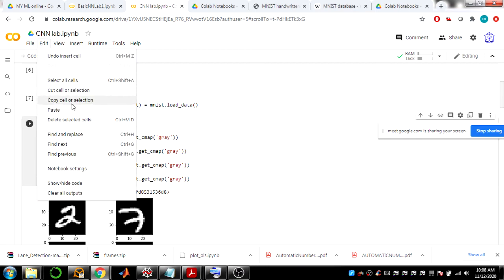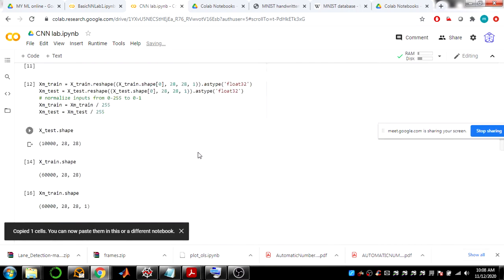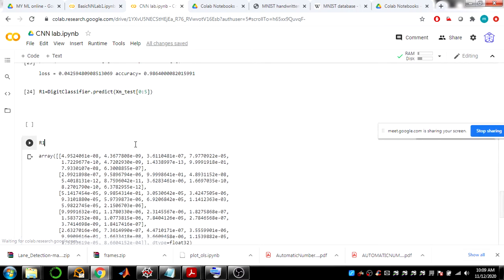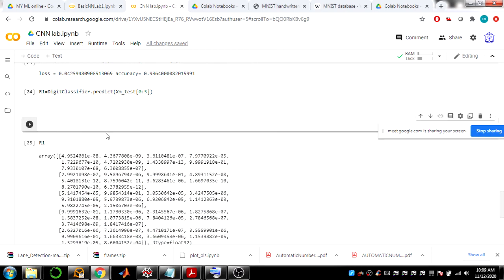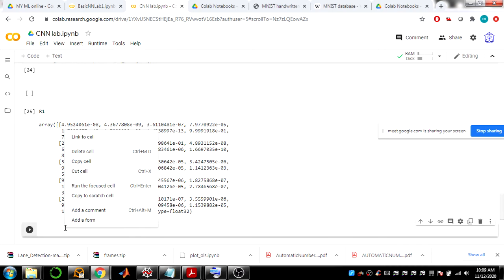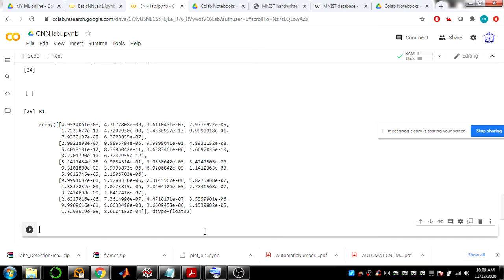You can copy the cell, and I'm going to paste it here. So this is what we got. Paste cell, this option is not coming.